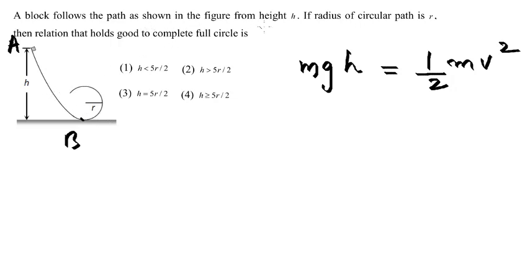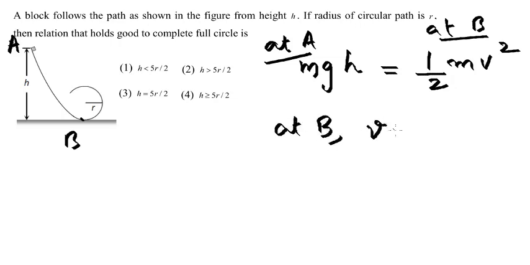Nothing is mentioned about the friction and the path, so we have to consider it as a smooth path. In a smooth path, there is no energy loss due to friction. So the initial energy at A is potential energy, and this will become kinetic energy at B. Using this you can calculate the speed at the point. So the speed at B, speed v, you can cancel m and m, 2gh, it will become root of 2gh. This is the speed acquired when it is at B.